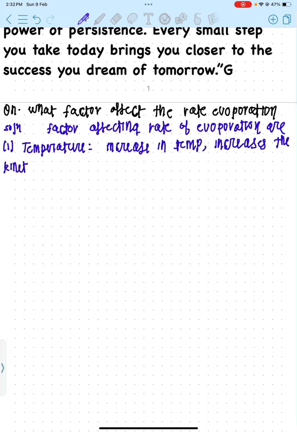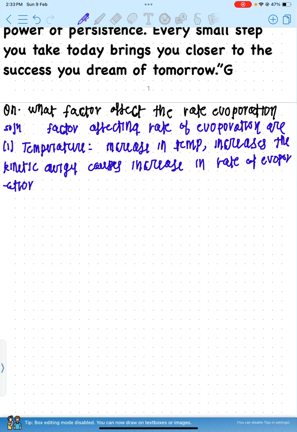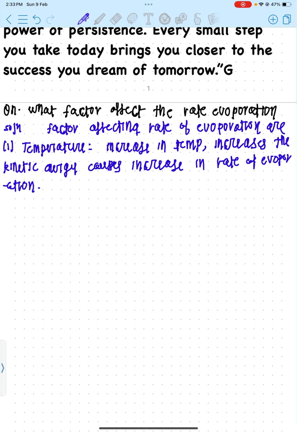Increase in the kinetic energy causes an increase in the rate of evaporation. I told you why: increasing the kinetic energy will increase the motion of the particles, and if the motion of the particles increases, the rate of evaporation will increase because the particles will escape faster. Okay, the second point is